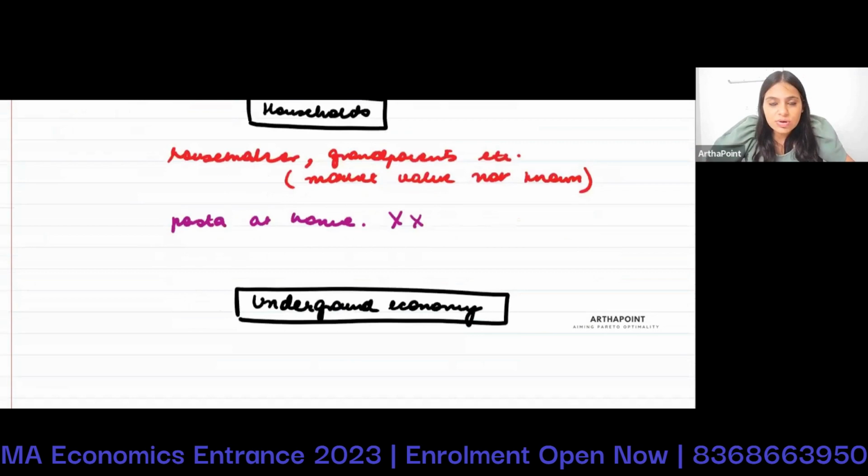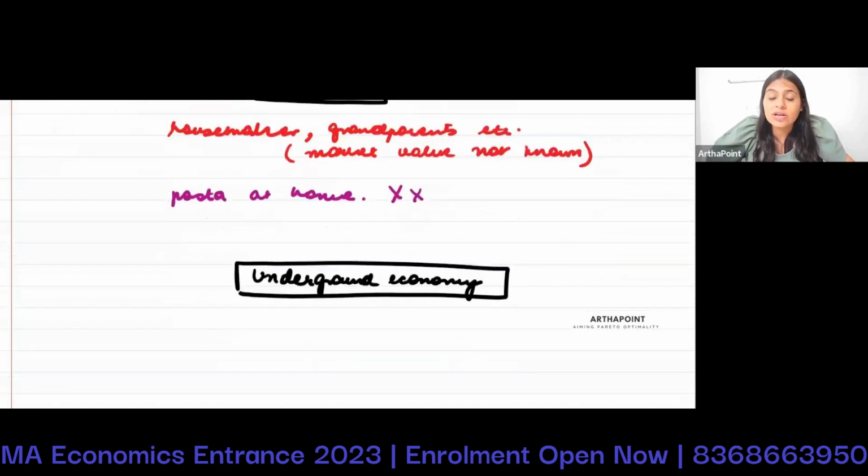So the underground economy is also not included in the GDP of the economy because that is not accounted for. I don't account for that in the national accounts. Someone, you were asking, Smriti, what happens when the government knows about these illegal goods? Even if the government knows that an illegal market exists, unless you account for it, if it is a black market, for example,